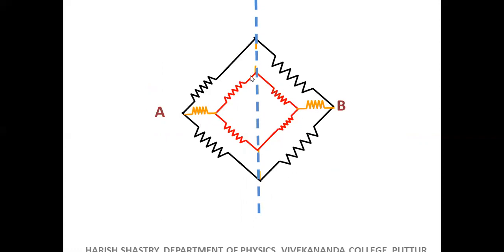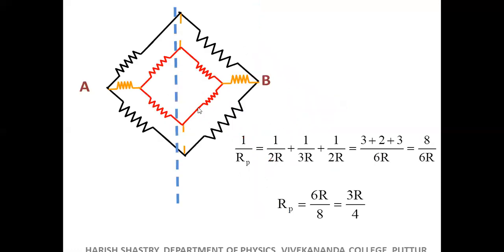What about here? This path. This is R and R. Of course, this is a Wheatstone's bridge. R. R plus R plus R. 3R. So in the middle path, 3R. R, this is totally R because it's a Wheatstone's network. So replace from here to R. R plus R plus R. 3R. 2R, parallel 3R, parallel 2R. Do you agree? That's all.